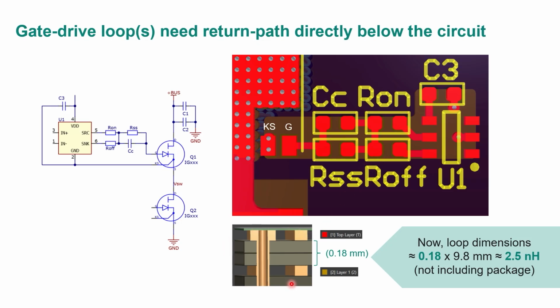And obviously it's exaggerated here in this expanded view, but you can imagine that the loop area here is extraordinarily small. So I get the best possible low inductance in my gate drive circuit, and I get the benefit that the copper pour gives me a Faraday shield for this whole circuit. So the same concept that I just showed you for the gate drive will also be used in the overall commutation loop for the main circuit. We'll look at that next.